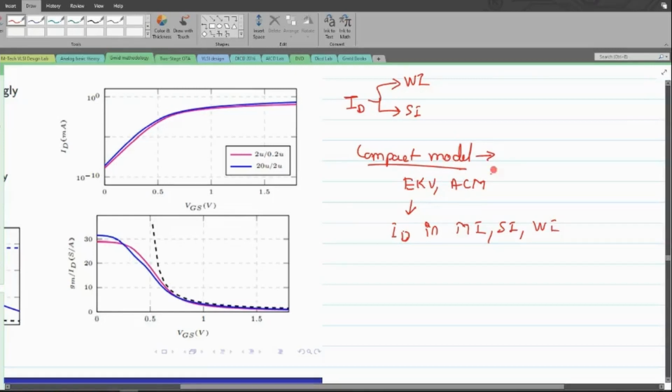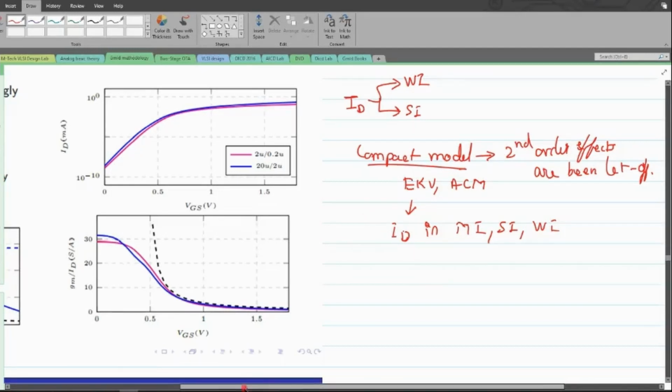Here again, the compact models were also being designed in such a way that they leave out a few of the considerations, like a few of the secondary effects, just to keep the model compact. Because of which, when you try to map these models with the actual circuitry, there will be some sort of deviation of current. So again, there is a kind of deviation that we end up with.